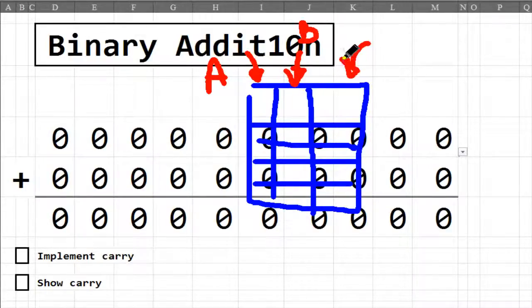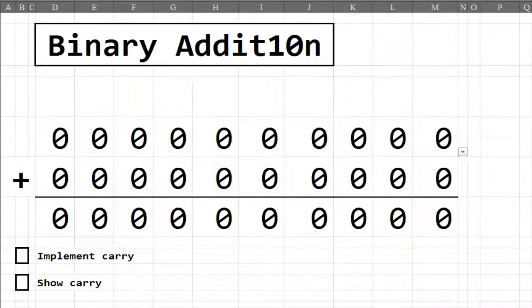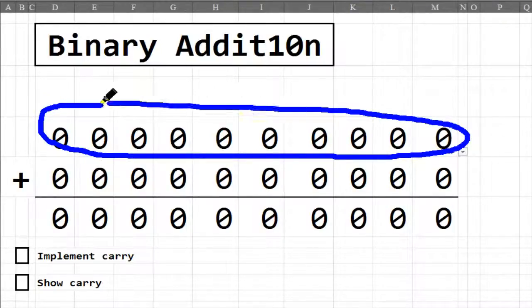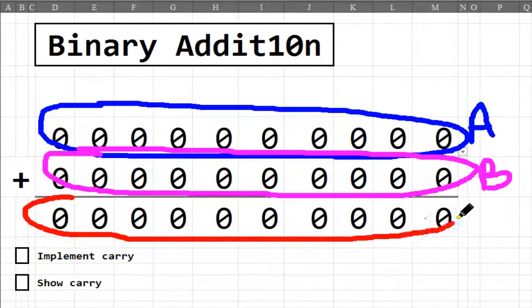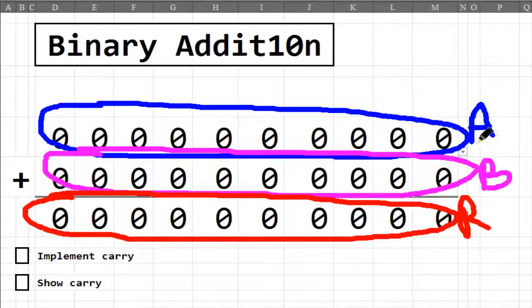And the third column is the result of carrying out a specific operation between input A and input B. Here, we can say that this first row represents input A, the second row would represent input B, and finally, the third row will represent the result of an operation that we carry out with input A and